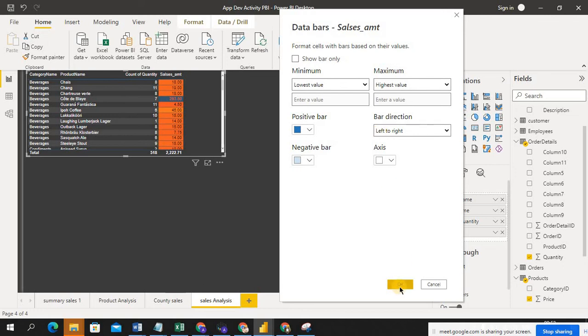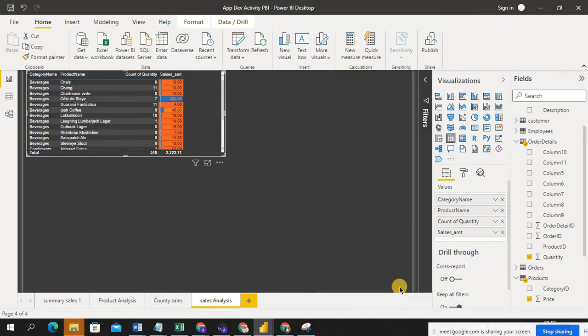So if I click on OK, see here, something has been changed. Based on value the bars are coming. Okay, you can see there are a lot of things, guys, and you have to do each one again.